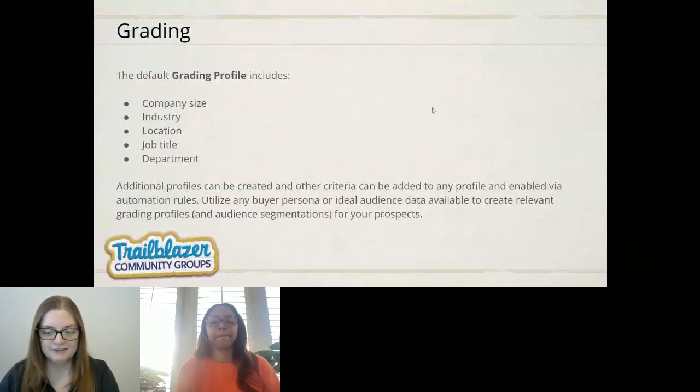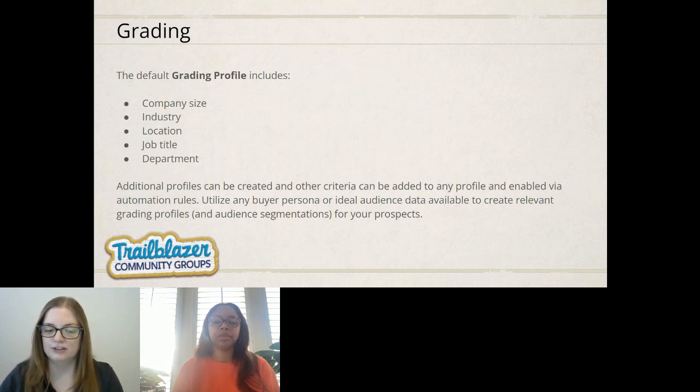All right, so some of my favorite lead threshold stuff in Pardot is grading. Your default grading profile, your out of the box, is going to include company size, industry, location, job title, and department. You can add or remove some of these based on creating additional profiles or using automation rules to add or subtract the letter value, right? So again, this is valued A through F, and it can be F all the way up to, I believe, an A plus. Utilize your buyer persona, your company's research, your ideal audience data to create grading profiles and segmentations